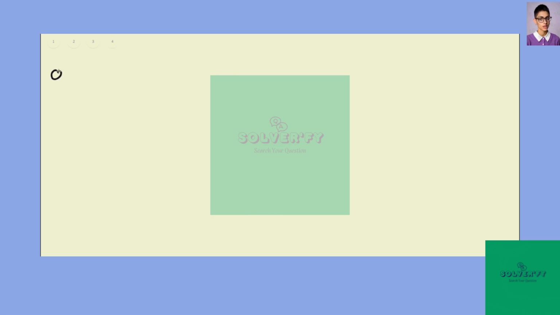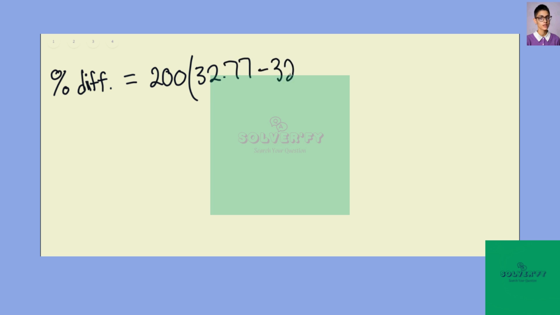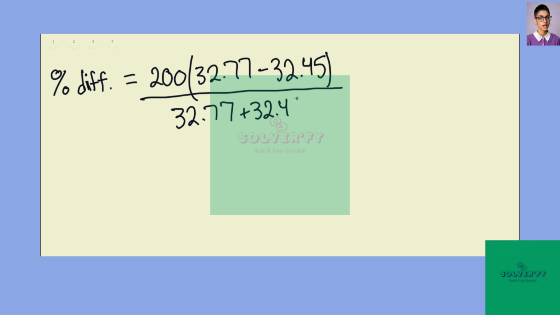And so for part C, the percent difference will be equal to 200 times 32.77 minus 32.45 divided by 32.77 plus 32.45, and we find that this is equaling